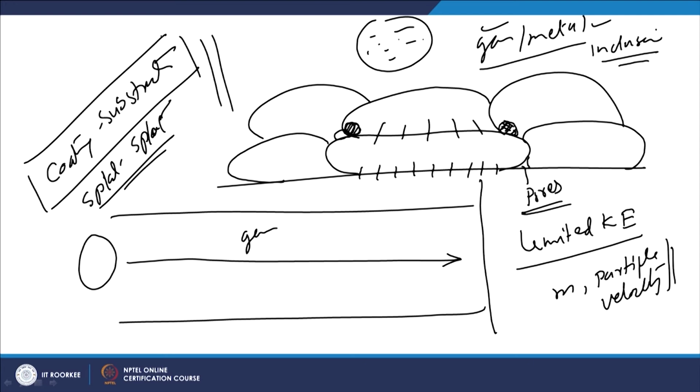So, in that case there will be a tendency for separation, removal or delamination of the coating material from the substrate, or the peeling off or delamination of one layer of the coating material from another layer. So, the cohesive strength under such conditions will be limited,